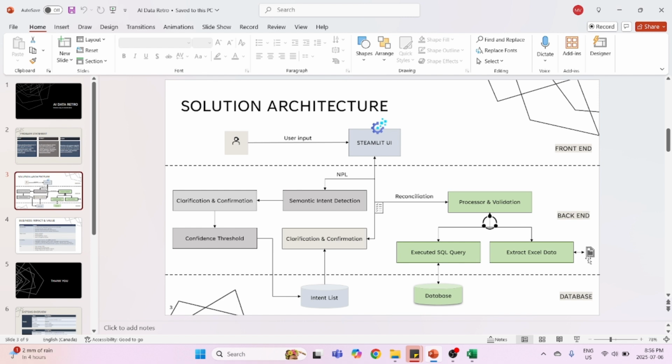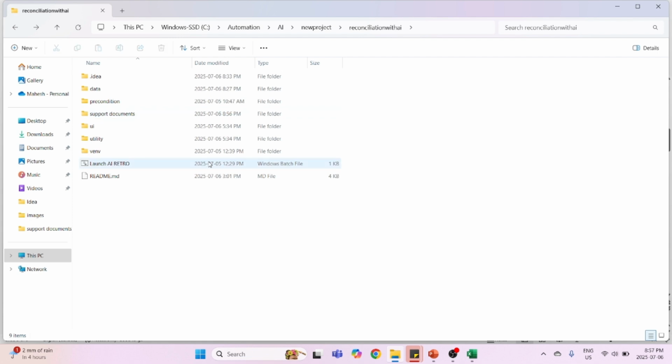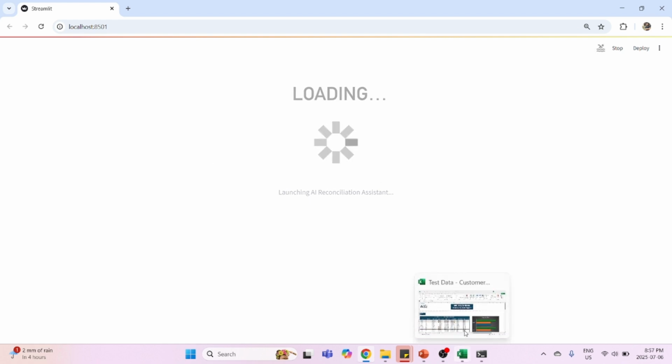The system will understand natural input from the user, identify the intent, and perform the entire reconciliation process. To launch the application, just click on the icon in the project folder. Once I click on the icon, slowly the application gets launched. The very first message we get is the loading, which means that the application is getting launched, and